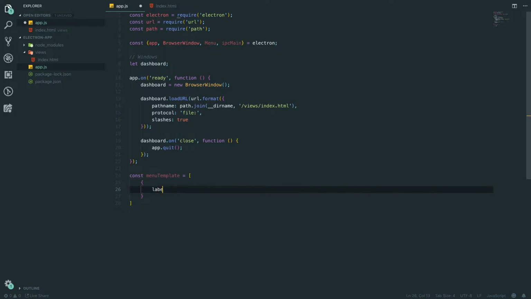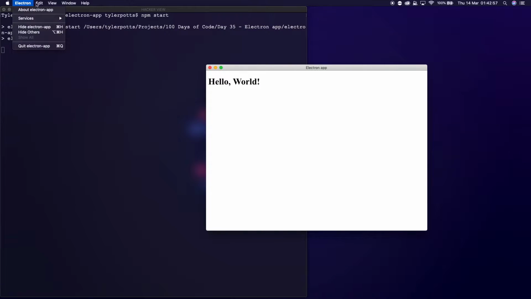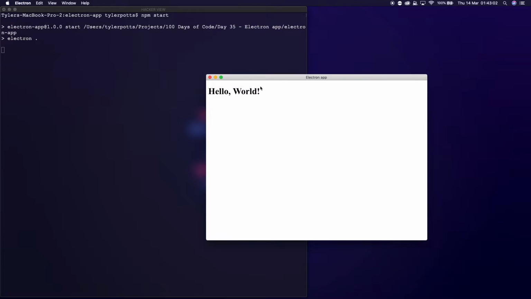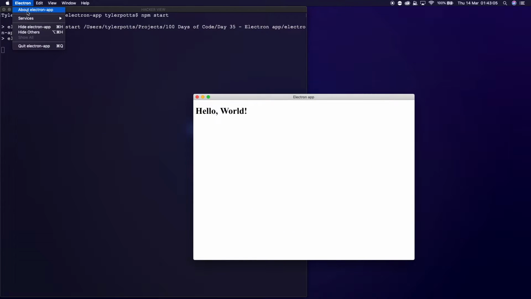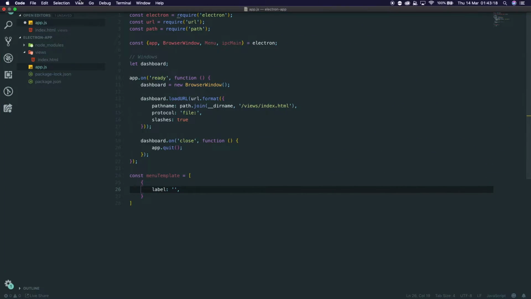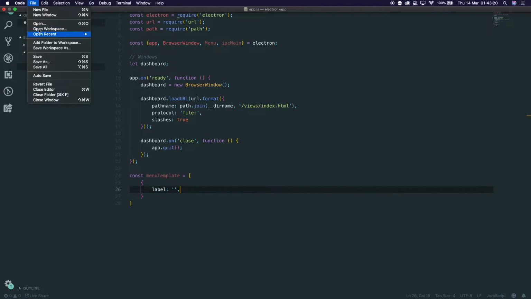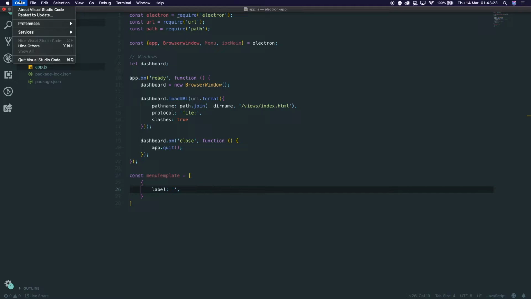On a Mac, the first menu item, this thing along here, is always going to be to do with the app, like the about, quit and stuff. This is called About Electron. It's always going to be named Electron. You can't really change that unless you do some workarounds, but it's pretty much like that with everything. If we went over to our code and looked at it, you can see it starts off with just the app name, and this is the main